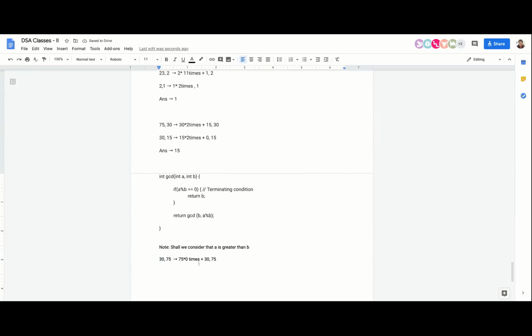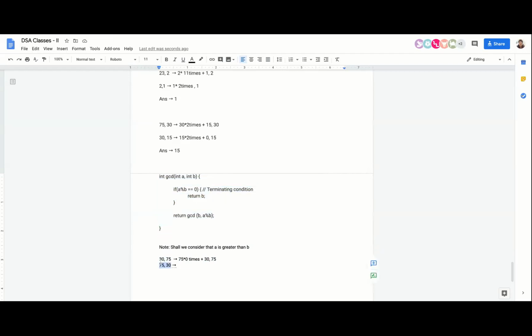So basically this number is definitely divisible by 75. In the next iteration, it will just pass in reverse order. Exactly, you're correct. So what will happen the next time we call the GCD again? This was my remainder, A percent B, and this was my B. So the numbers will become 75, 30. And now automatically the GCD function will take care of finding the GCD.